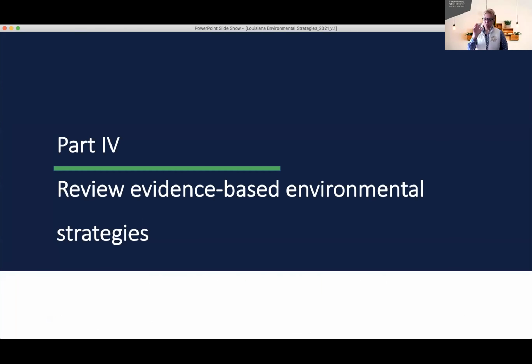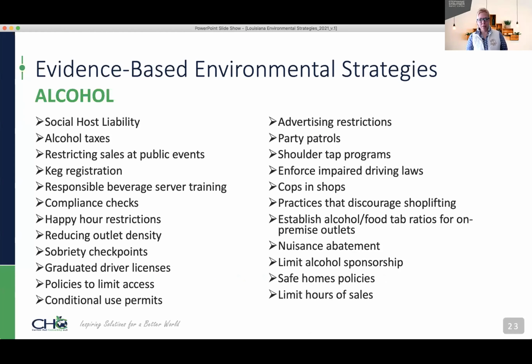So I want to go through some examples. So we've talked about environmental strategies. What are some evidence-based strategies that fit within these sections that we've talked about? And so I want to walk through some examples. There are a number of resources online that we can look to. I have used some of those as basis for what I'm providing to you today, but also just in my experience, some of those strategies that have worked widely across the country in different communities of different sizes that look